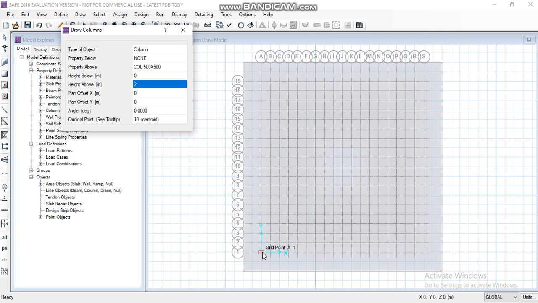So by using the dimension lines as well as the grid lines, in order to locate the column position, with the help of the dimension we can place the column.